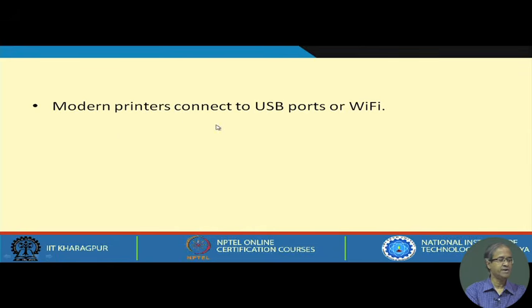So, this was an interface which was quite popular in the early days, but as I said, today if you look at the printers, they have either USB ports or the more sophisticated ones, they have Wi-Fi connection. They can connect to the wireless, and from a computer system you can print wirelessly. So, what I have tried to show through these two examples is that any kind of device will have some built-in features, or you will have to find a way to carry out some kind of handshaking and asynchronous kind of transfers.